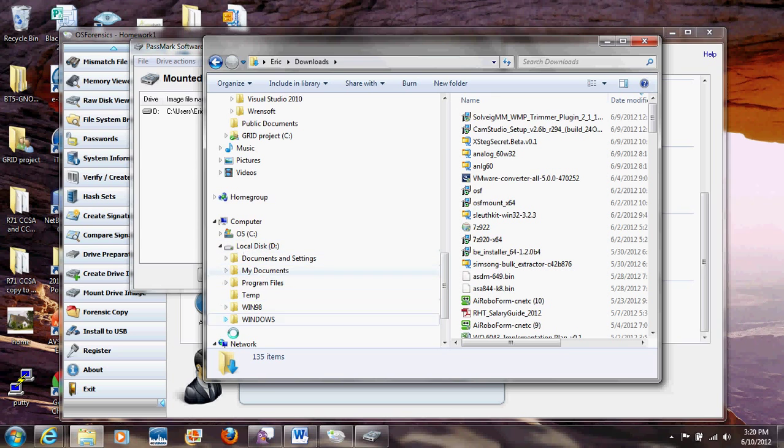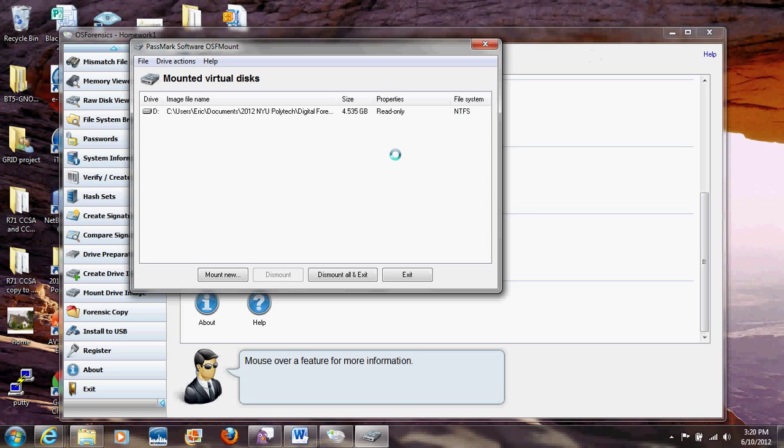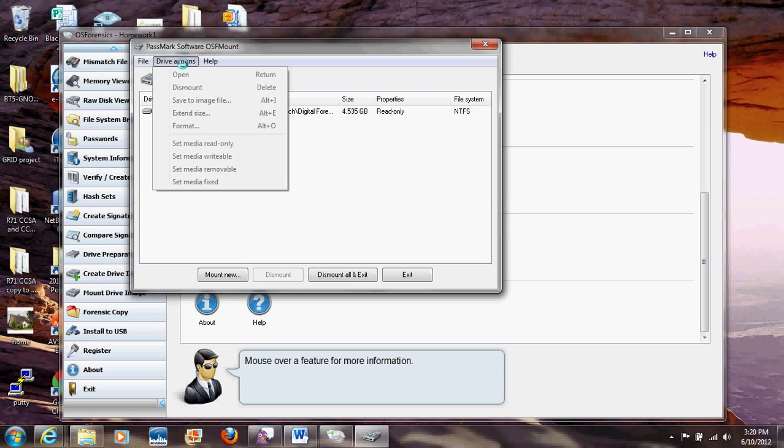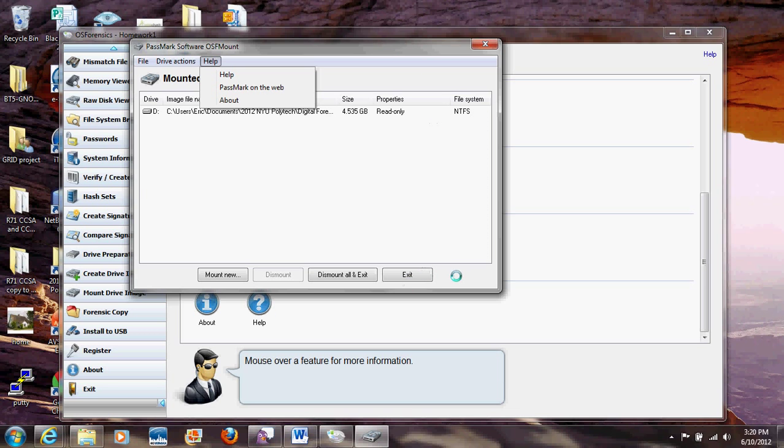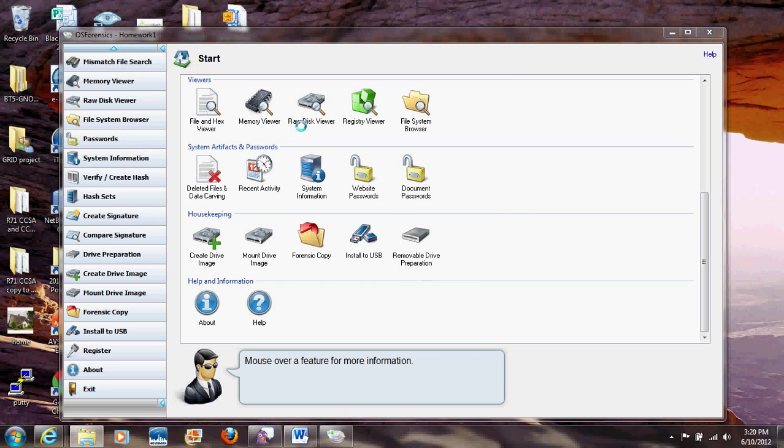You can see it mounted it as if it were another disk on your computer, complete with all the documents in here and some of the standard Windows folders in this case. That's kind of interesting, because then you can use your standard methods to look through the files and look for things. Once you've mounted it, that's about all I do with this tool. There are some drive actions, you can see they're grayed out. But typically I just mount it, and then I can just leave it alone and say exit. Now that it's mounted, I can go through